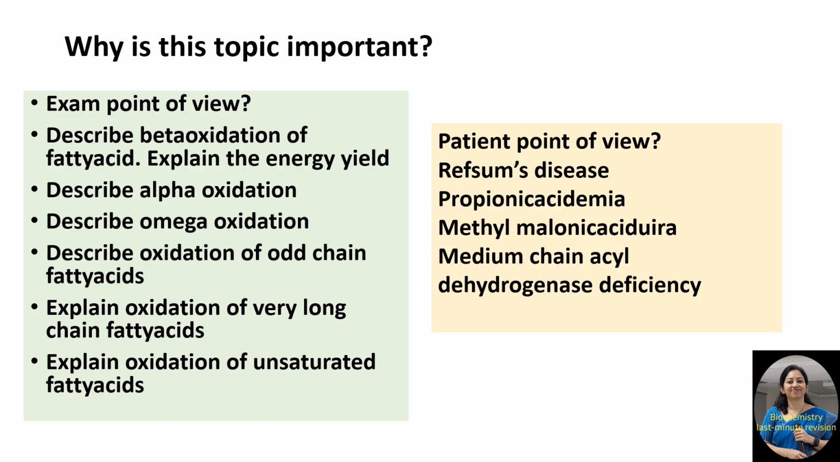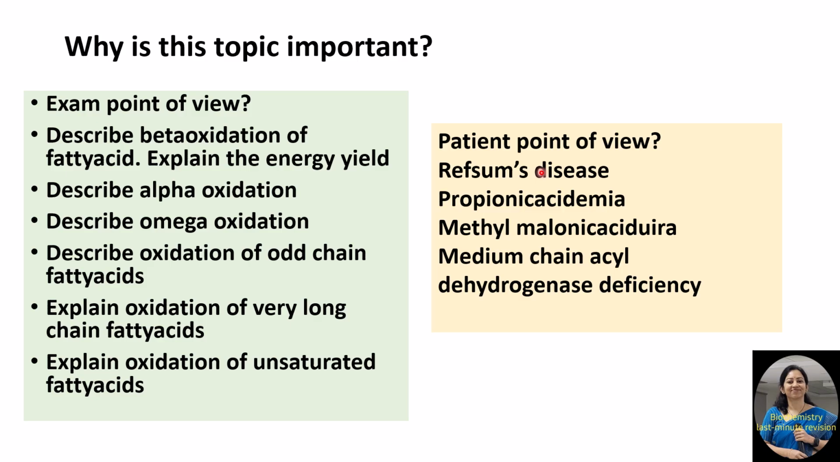Now, why is this topic important? From exam point of view, these are the questions that will be asked. Describe beta oxidation of fatty acid, explain the energy yield, describe alpha oxidation, describe omega oxidation, describe oxidation of short chain fatty acids, explain oxidation of very long chain fatty acids, explain oxidation of unsaturated fatty acids. So each of this oxidation of fatty acid can be asked either as a 3 marker, 5 marker, or a